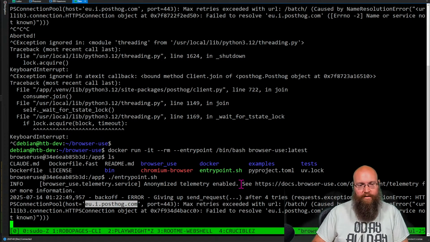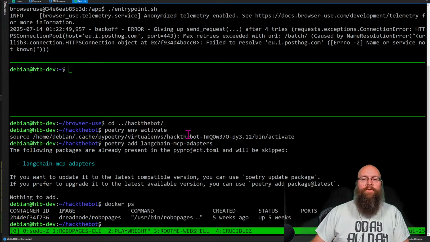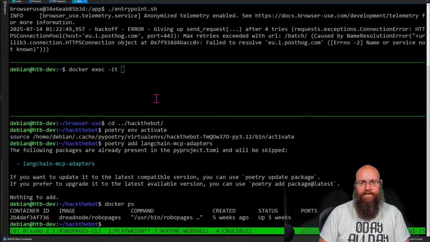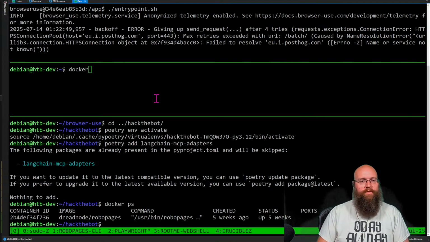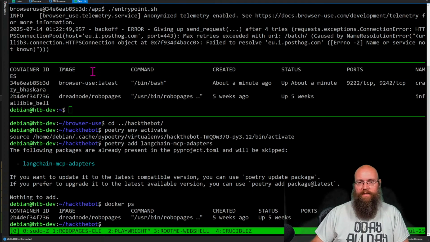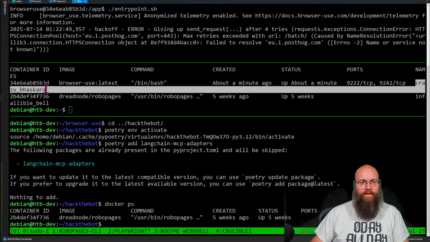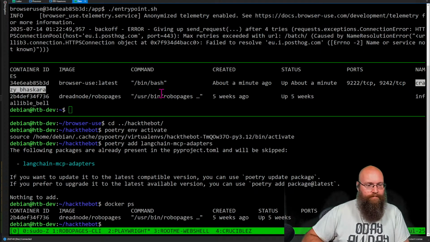So one thing I can also do is check this out. We've got this shell up here running the Docker container. If I actually want to drop into it, I can just spawn myself another shell using docker exec. And we can do the same thing. And then actually take that back. I need to docker ps, find out what the name of this is. And this one is crazy_bhaskara.